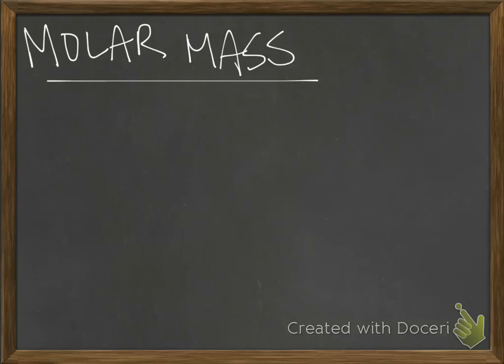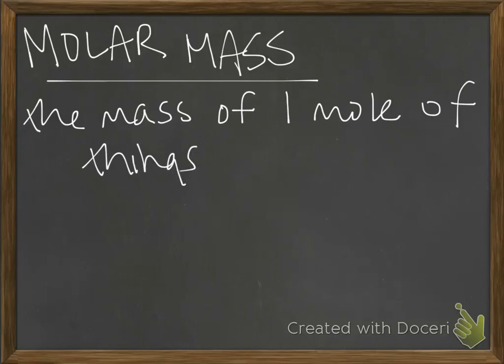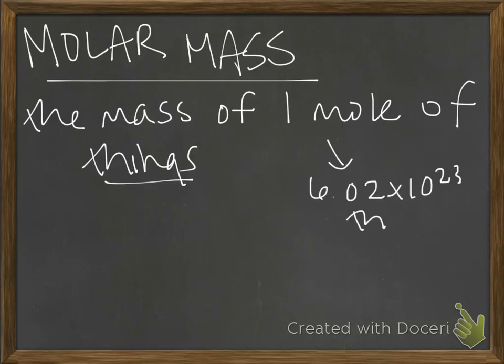Molar mass is the mass of 1 mole of things. Okay, and remember that 1 mole is 6.02 times 10 to the 23rd things. And so this is the total mass of all of those things added together. So molar mass is thing